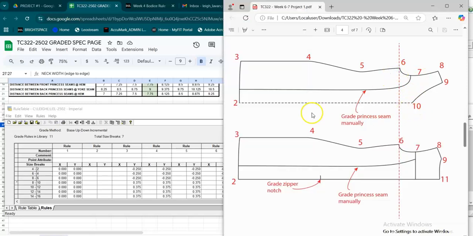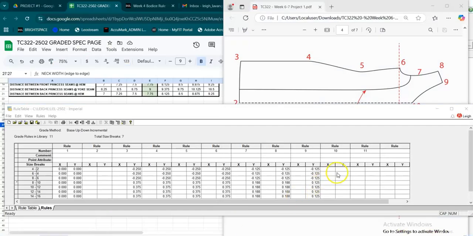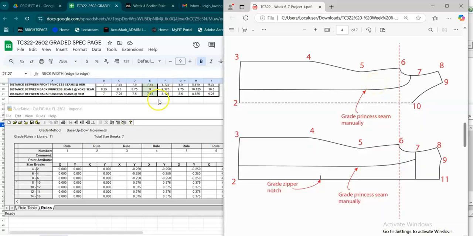Okay, 10 and 2 and 11 are all on the x-axis, so they're all going to have y's of 0. So I'm going to take this, copy to the 2, to the 10, and to the 11. Okay, we're done with y rules. Now, for the x rules, this is where we get a little